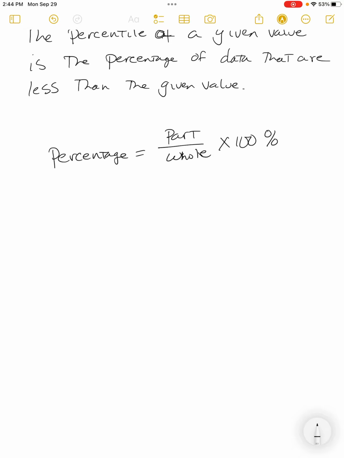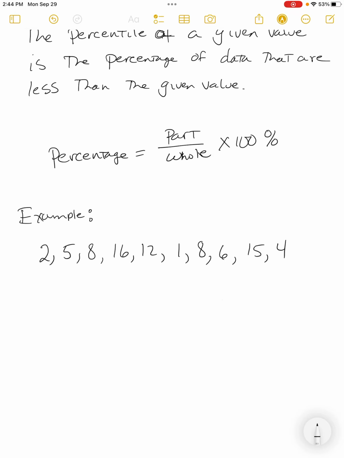So as you sit down and actually start the homework, it's going to give you a data set, and I want to do a very similar process with you right now. So here's our first example. Here's going to be the setup and the question. They're going to say, consider the data set, and they're going to give you a data set. Here's one I see as an example in the homework: 2, 5, 8, 16, 12, 1, 8, 6, 15, and 4. So they give us this data set, and the question is going to be,